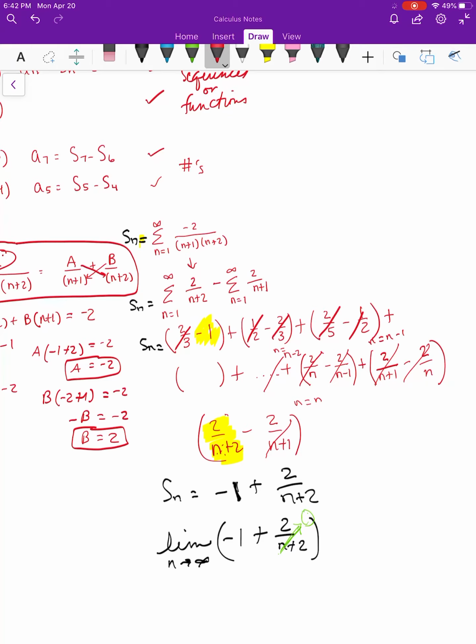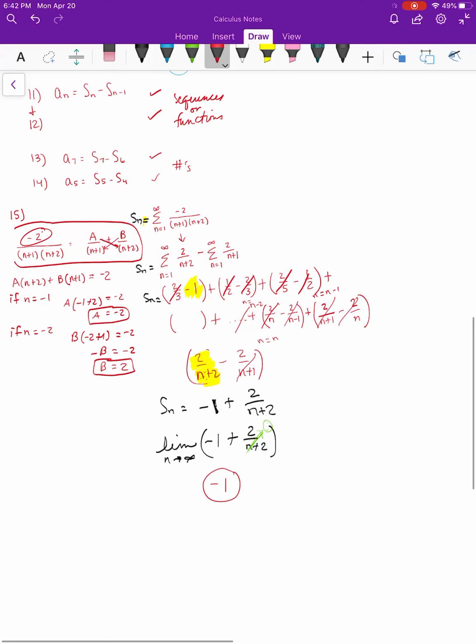So now I want to look at the limit as n goes to infinity of negative 1 plus 2 over n plus 2. And notice that if I put infinity in here, this goes to 0. And so my answer becomes negative 1. And that is the sum of my